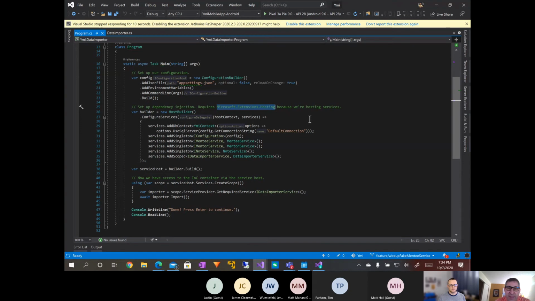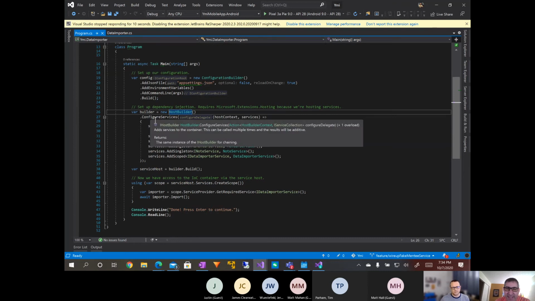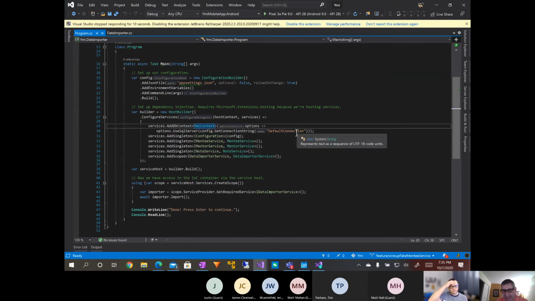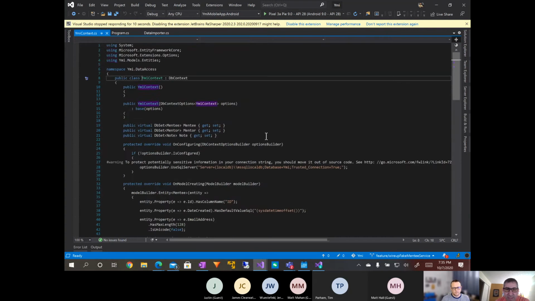You have to add Microsoft.Extensions.Hosting, which will give you access to HostBuilder. The host builder creates a host that lets you configure all your services. So here's where you're configuring all your dependencies, and if you've ever used a container before, this should look really simple. You can support Entity Framework, because if you've ever done a .NET Core application with Entity Framework, it injects a particular configuration. So if we take a look,